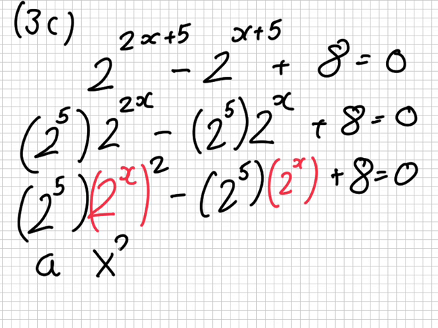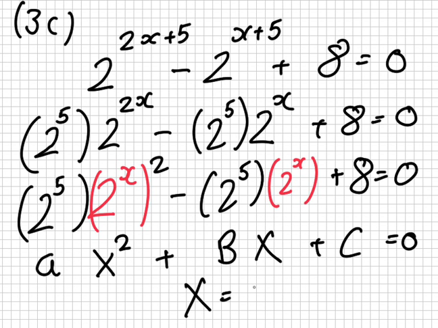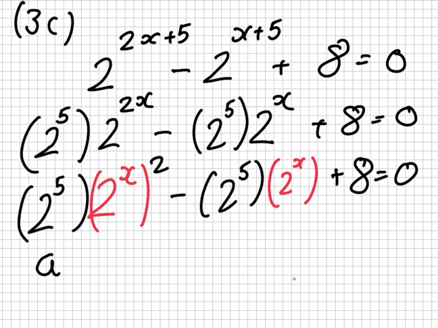Because if you look at it, it's like this: aX squared plus bX plus c equals 0, where big X is 2^x. So if you want, you can use the quadratic formula, or you could try to factorize it. It doesn't really matter. If we use the quadratic formula, I get 2^x equals minus